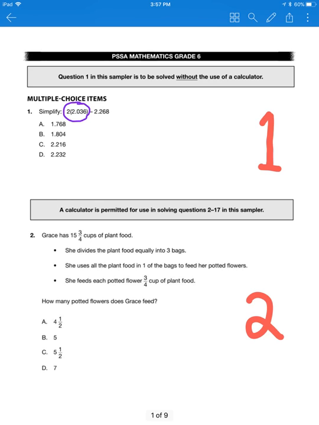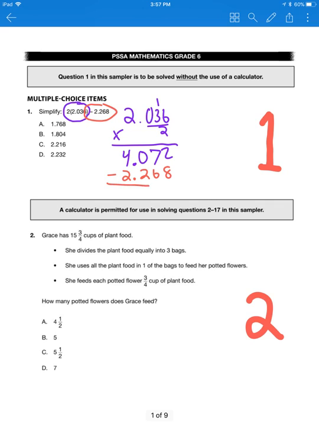2.036. Now you could do that lattice or you could do traditional. I'm going to do traditional for this. 2.036 times 2. Okay, so I solve, I get 12, 7, 0, 4, and there's 3 decimal digits. So I have 4.072, but then I need to do part 2, which is subtract minus